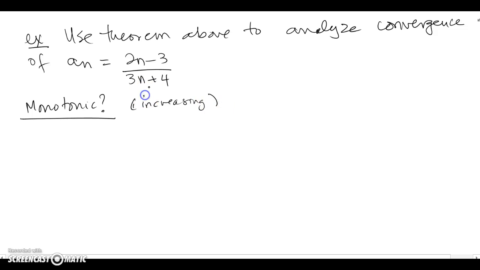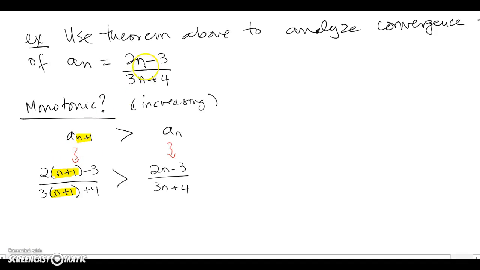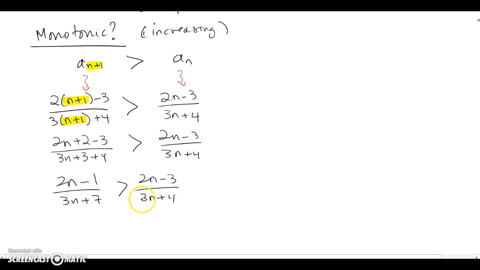And we want to actually go formally show it. If I'm formally showing it, my next term better be bigger than my current term that I was standing at, so this must be true. So we replaced all the n's for our a sub n with n plus 1, and we're just going to go do some simplification. So now we're here, we're still not clear whether this guy really is bigger than that guy, so we're going to multiply both sides by the LCD, and again we can do that because this is positive and this is positive, so it's not going to flip the inequality.